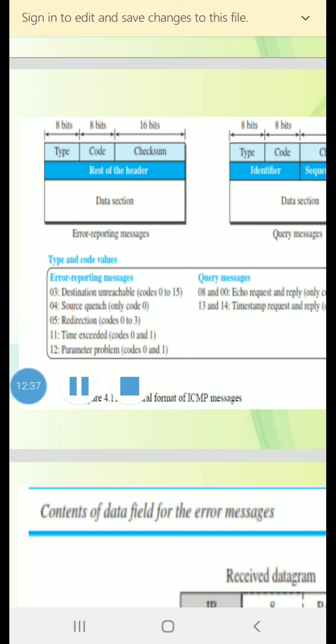Then a protocol for version 4 has been designed, the Internet Control Message Protocol version 4, ICMP version 4, which has been designed to compensate for the above two deficiencies.